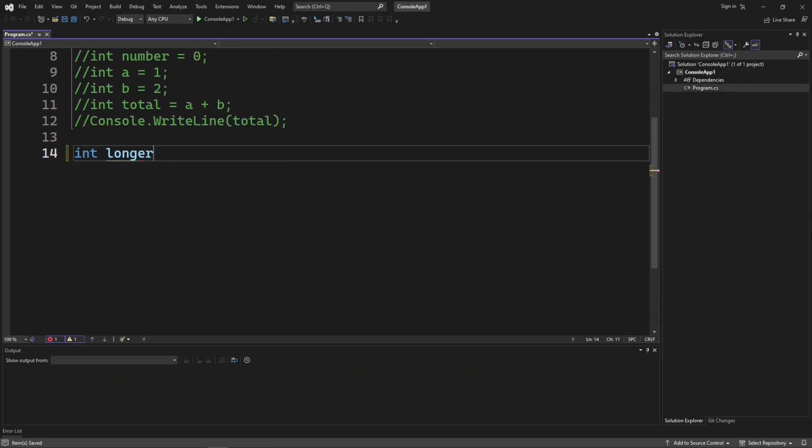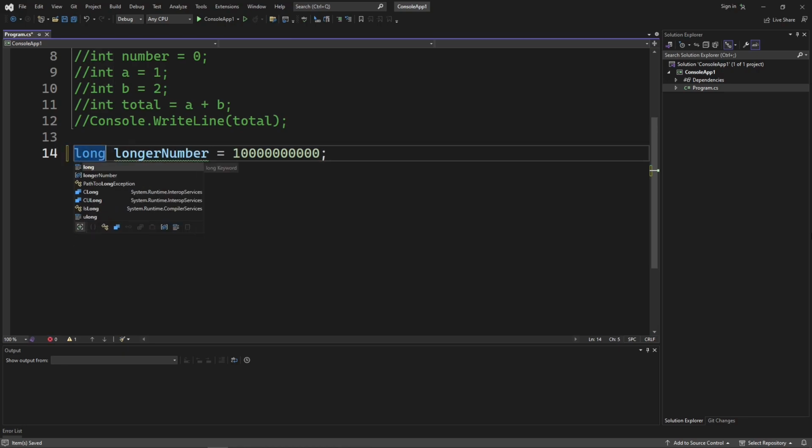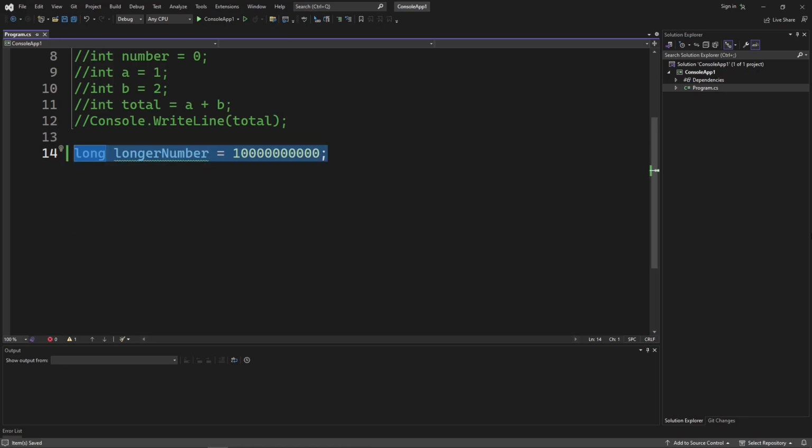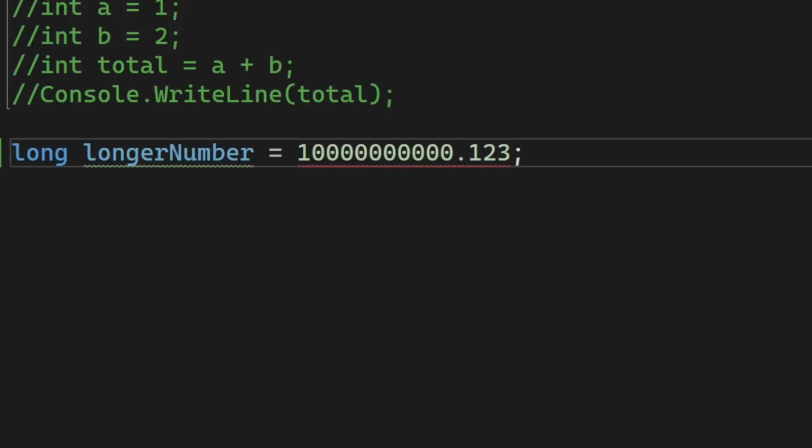However, if you need a bajillion of a number, and int is not enough, there's a type called long. Long is an extended version of int, and you can store a number that has way more zeros in it. Also, both long and int cannot have a decimal point, so that's a good way to remember.